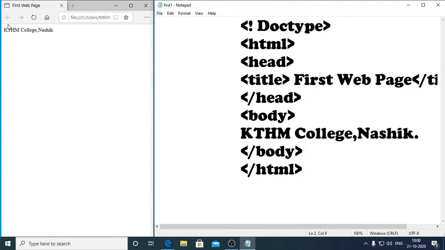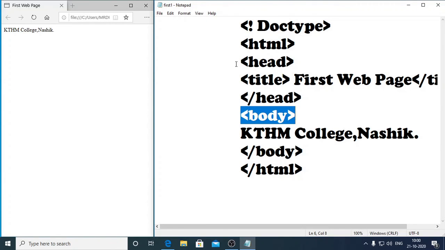See, our web page has two parts. This first part is your head section, and this is your body section. So your web page or browser window is divided into two sections: head section and body section.